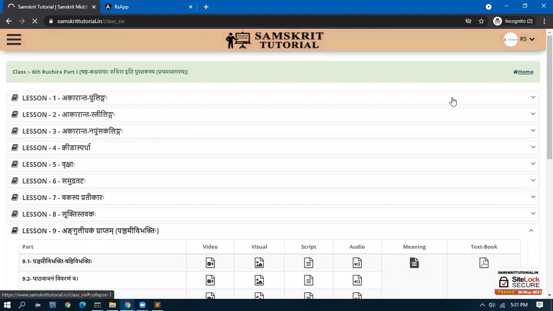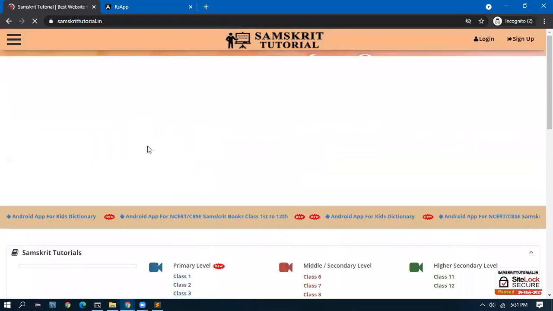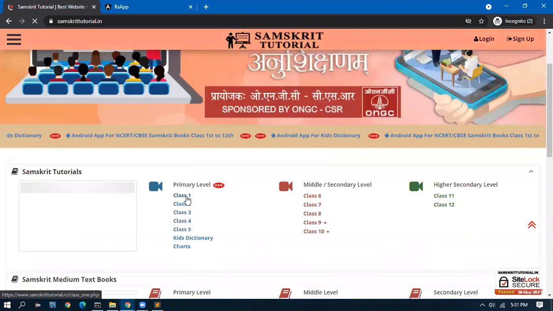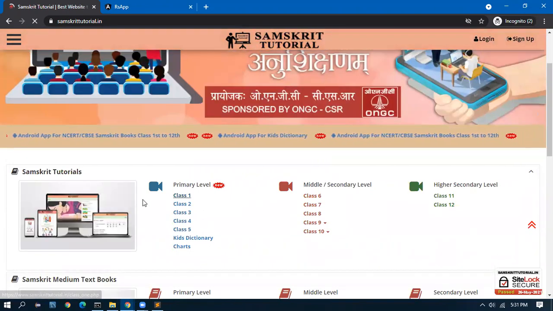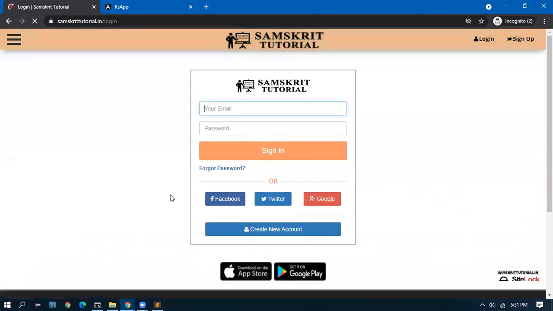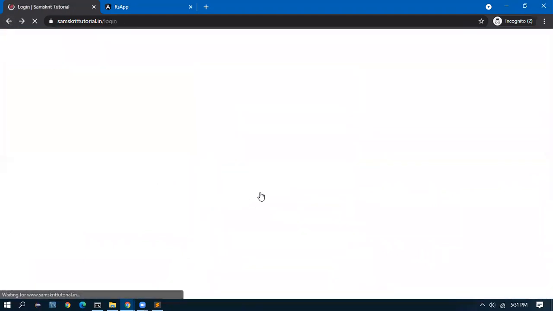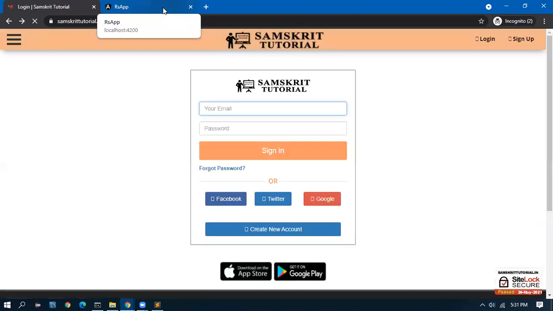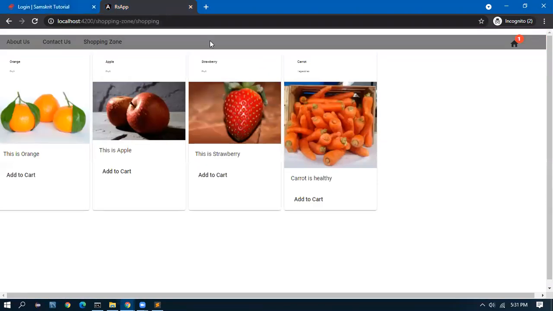I started from first standard. I'm learning the books of Sanskrit from class 1. All the units I'm learning. I finished class 1, 2, 3, 4, 5, and now I'm in class 6. So let's see. It's saturated. I cannot go full-time.